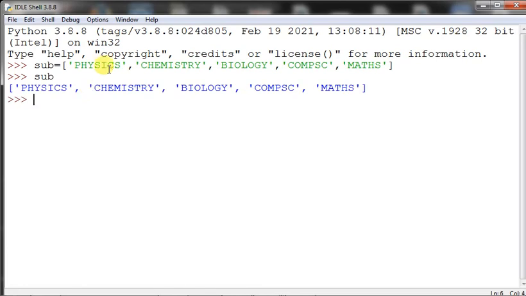So what are the elements over here? Sub 0 has physics, sub 1 has chemistry, sub 2 has biology, sub 3 has computer science, and sub 4 has maths. Now mutable means it can be changed.